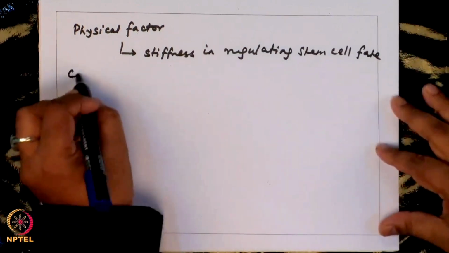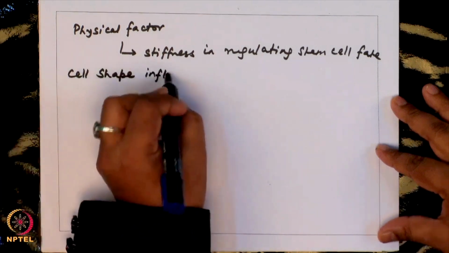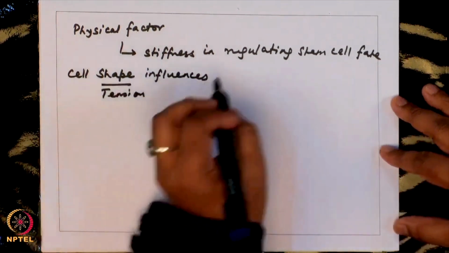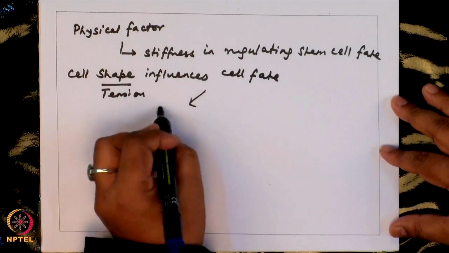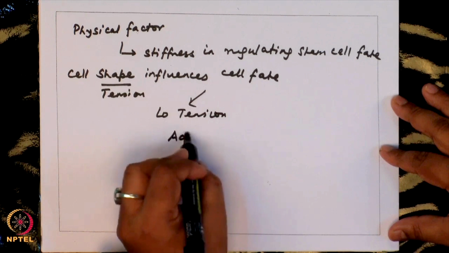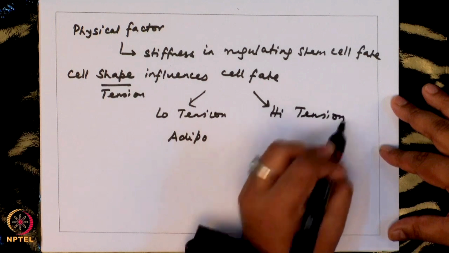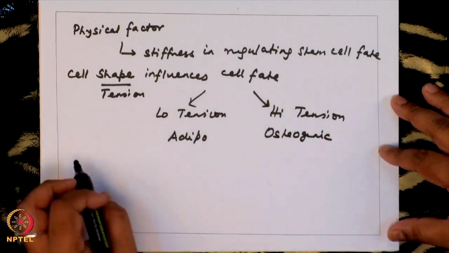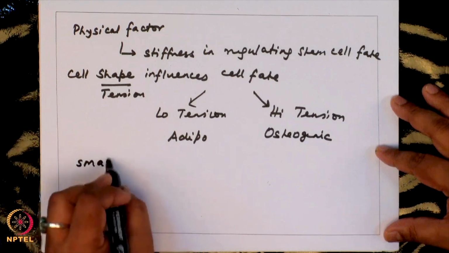So, previously I have shown that cell shape influences cell tension, which influences cell fate. Okay. So, when you have low tension, you have adipogenic differentiation, and when you have high tension, you have osteogenic differentiation. Also, I discussed a paper where we showed that small changes